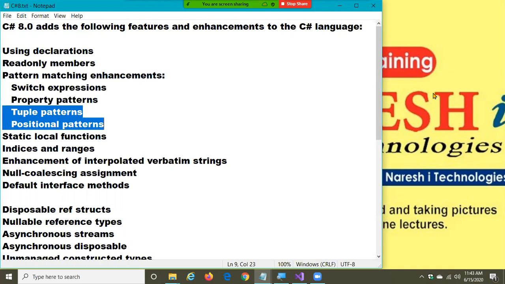What are tuple patterns? Tuple patterns in the sense of pattern comparison with multiple values. We learned about the property patterns and the switch patterns.